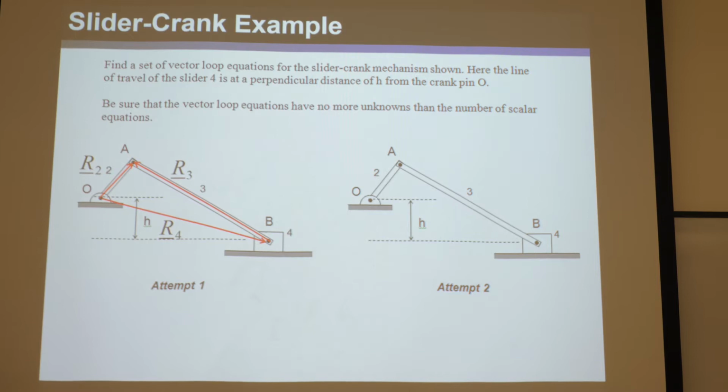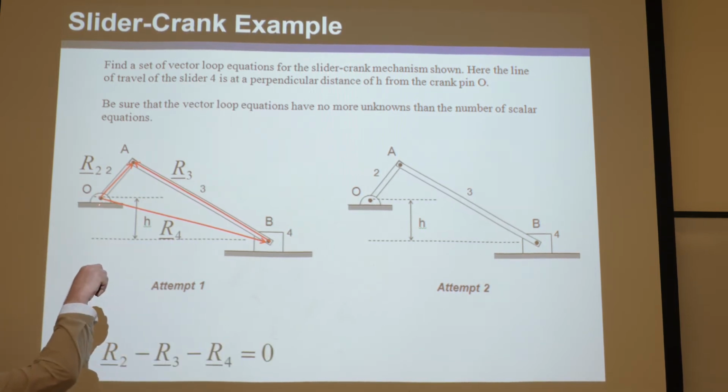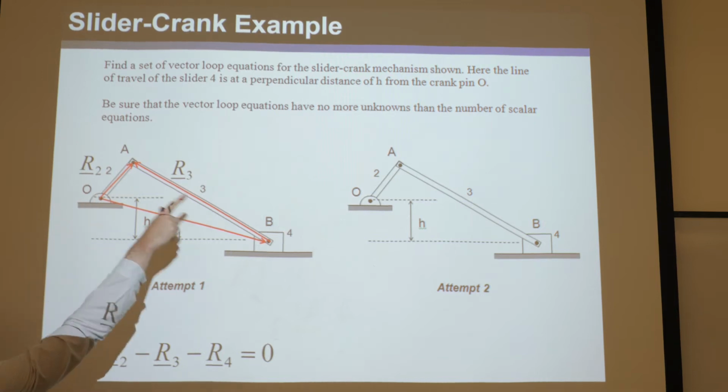Okay, so we've drawn the vectors, we've arbitrarily put their heads and tails on them however we want, the vector loop is closed, and we can start in some weird location. Start wherever you want, you can start anywhere you want, walk around in any direction. We're going to start here at the base, and we're going to walk clockwise,